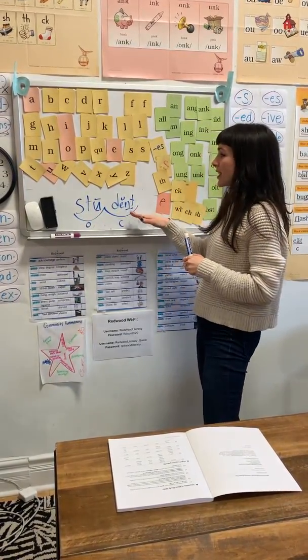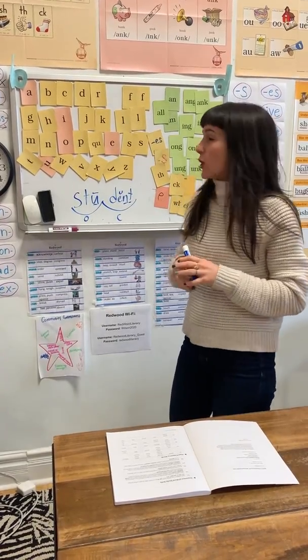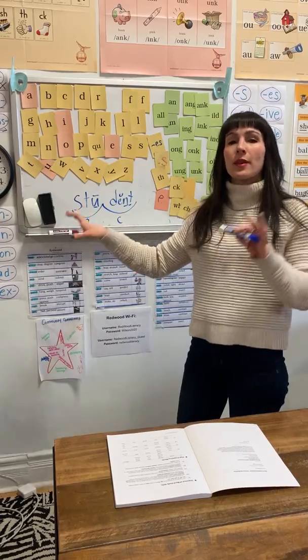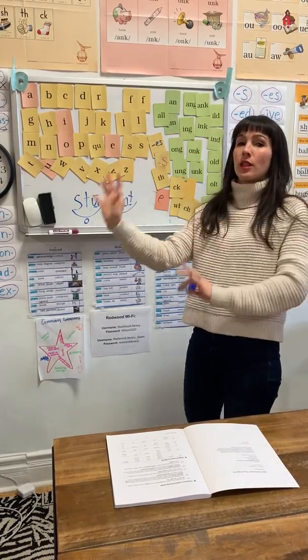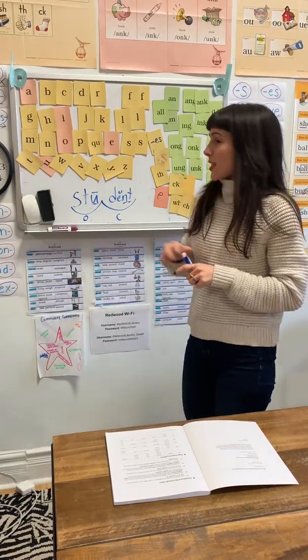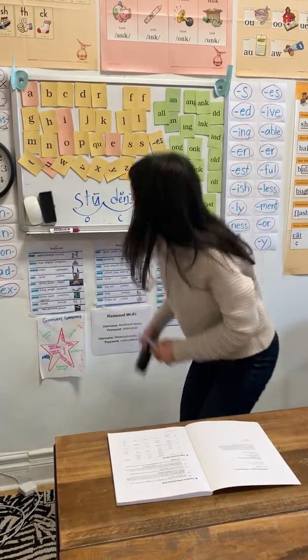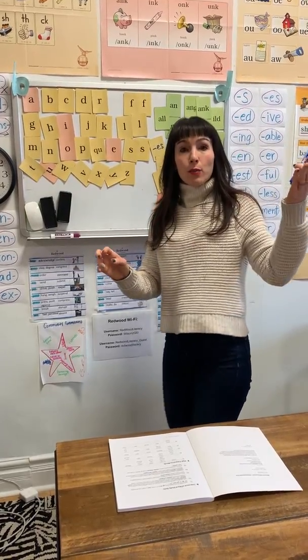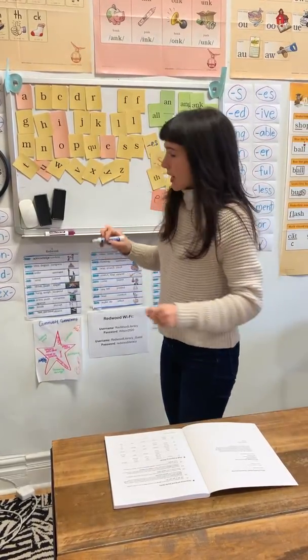So stew, dent, student. I do have students do a lot of marking up of syllables when I first introduce a new syllable type, and especially when I'm combining them with the syllables that the students are already familiar with, just because it's great reinforcement. Once they get this concept, then you can introduce two-syllable words that use some of those open prefixes that you just taught them. So for example,